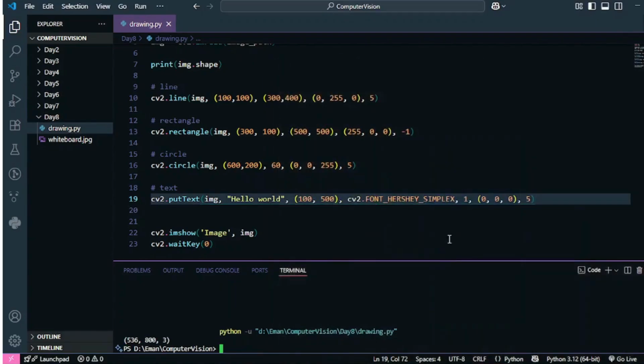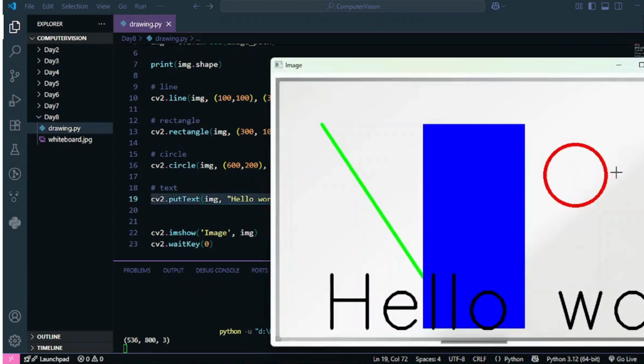Okay, so the text became smaller, and if I increase the size of my font, it's gonna go out of the image. But you see, even if the image or the text is going out of the image, there is no error in the code, right? It simply does not display that stuff that is out of the image, but it gives no error. So that is one of the points that you guys should note.